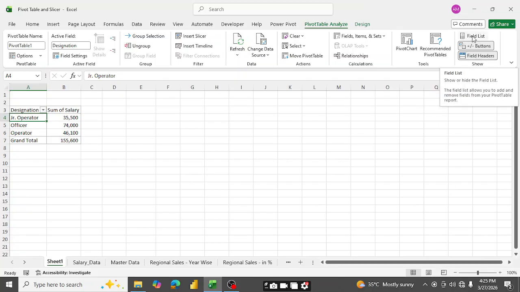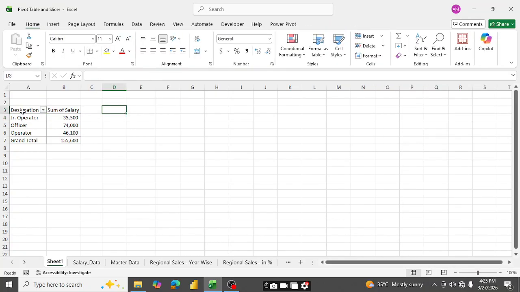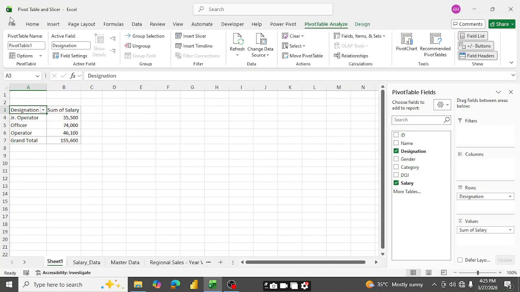You just press in the field list and it will come automatically in front of you. Okay, so what we are going to do now is put the pivot table name. So what is this about? Designation wise salary. Okay, so we are going to name it designation wise